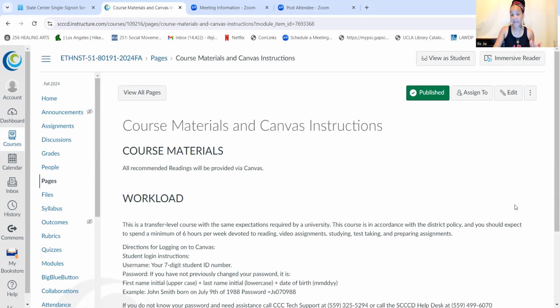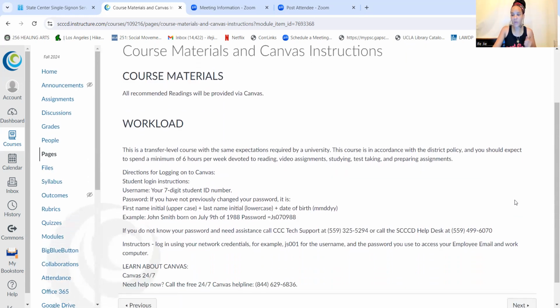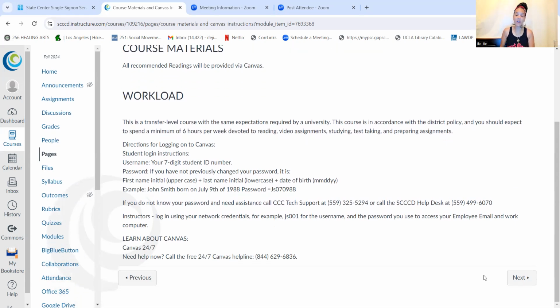Now, what do we need for this class outside of being able to access Canvas? For the most part, everything that we have is already online. There are no textbooks associated with this class that I use. I like to be able to give everything within the course module so that it's super easy for you guys to follow, okay? And for those of you having issues with your Canvas, I definitely want to bring this to your attention. There is a tech support help desk hotline, and if you need somebody, please reach out and let somebody know, hey, my Canvas is glitching out, something's wrong. Every time I try to upload something, I'm getting an error message, and so forth. So please take advantage of the hotline information because you never know, you might need it throughout the course, okay?